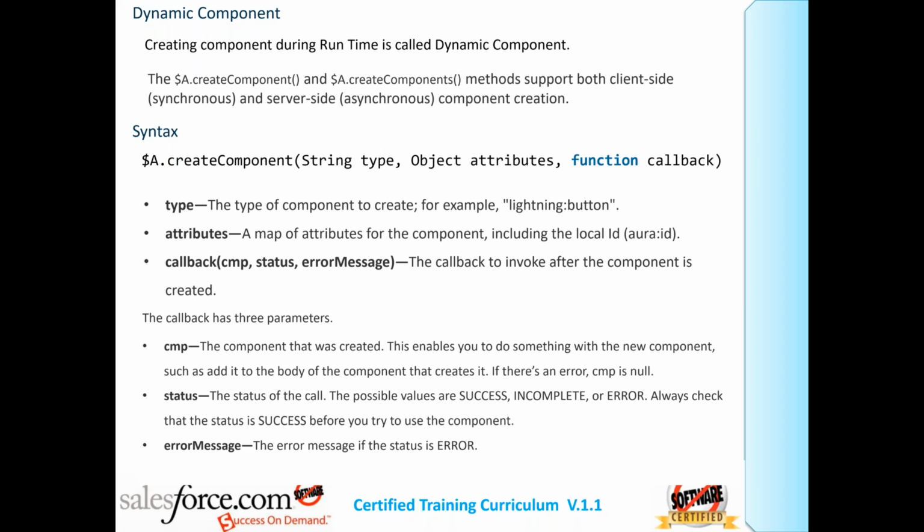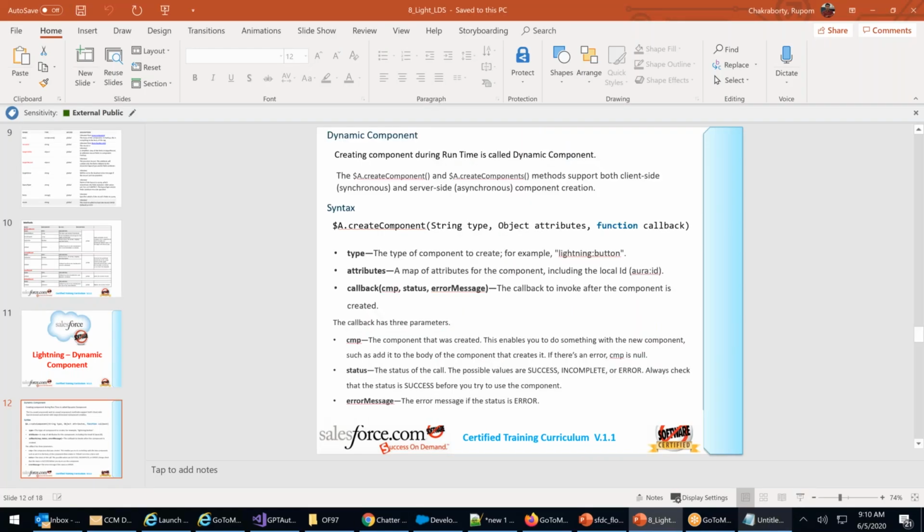Component is the one where the component is created. Status is whether the component creation was a success or not. Error message is received if there is any error while creating the component. So that is dynamic component.